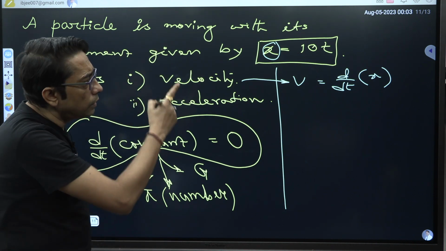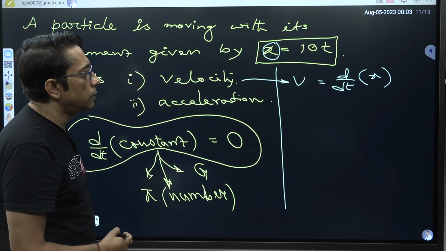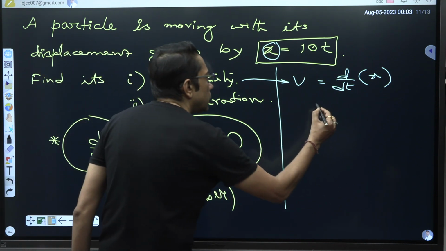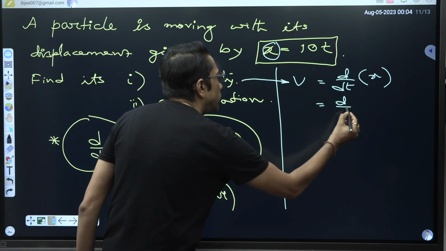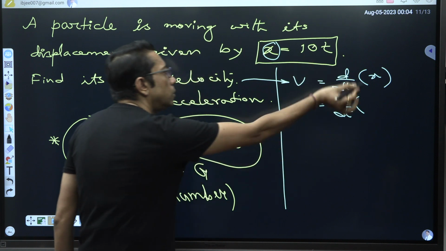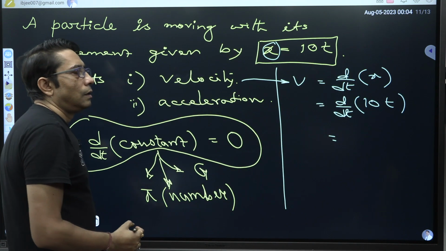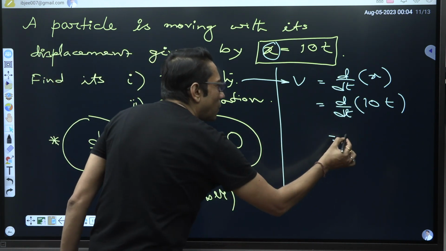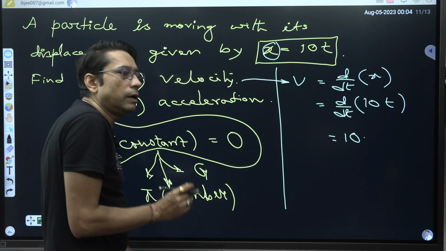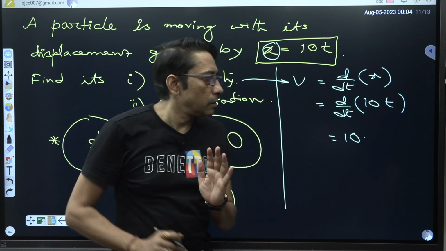What is the relation? Differentiation of displacement is velocity, rate of change of displacement. Okay, simply differentiate करना है इसको, x को। हाँ भाई साहब, वही करना है, चलो कर लेते हैं। तो 10 as a constant comes outside कि भाई हमको झगड़े में नहीं रहना, बाहर चले जाता है, ठीक है।